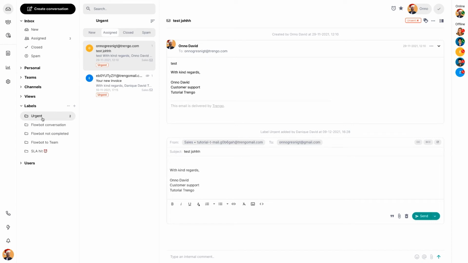And what you can do with that is you can basically divide your team. So one of the agents is going to work on only the urgent labels, then another agent is going to work on all the questions, and then another agent would work on all tickets that have the label discounts. Well, you can go a whole way with all these labels, but you can basically just work from here instead of working from new. So this gives your agents a better sense of, I am working on a specific task